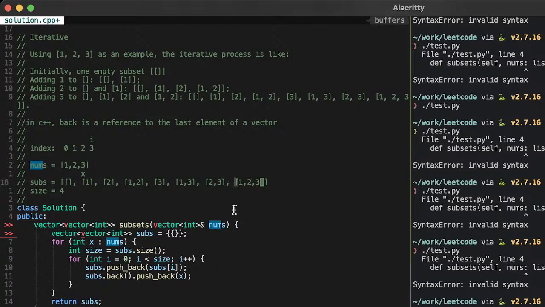So 3. Okay, so we're done with that iteration. i is now 4, and i is no longer less than size. So we're going to exit out of this loop, and we've also reached the end of this loop. So we exit out of this loop now, and we're returning subs.